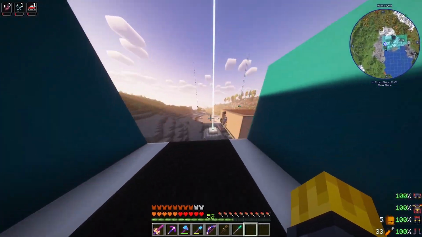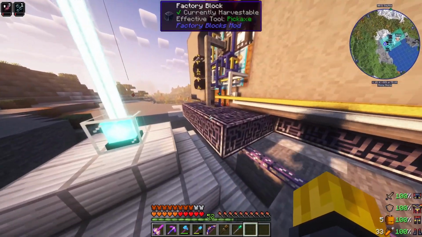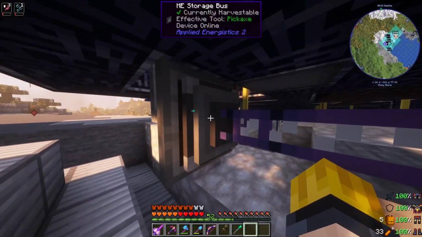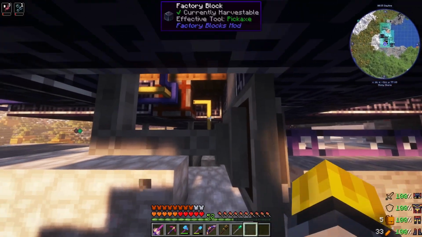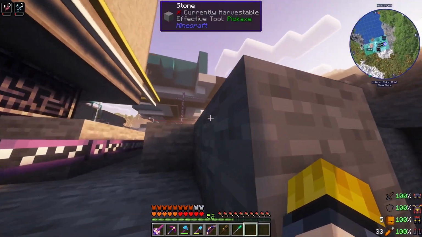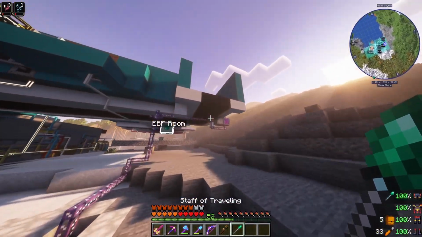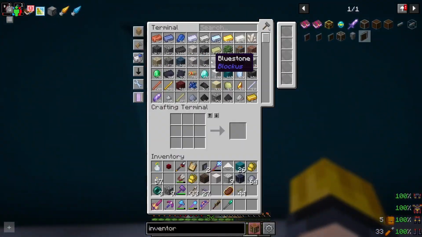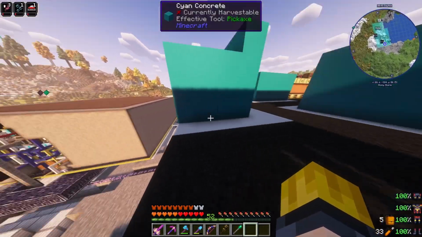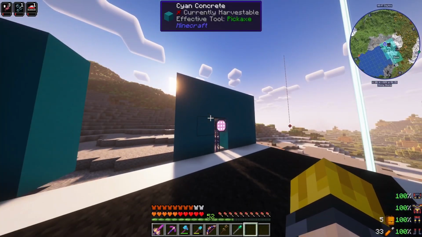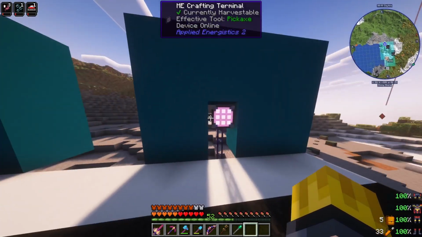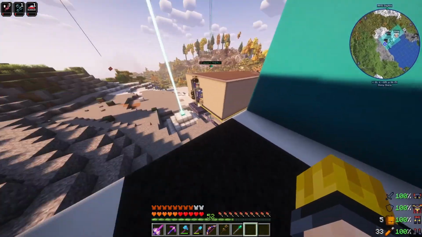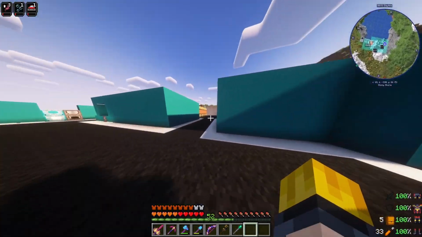So I just discovered this neat little trick over here. I can connect a storage bus up to an inventory cable connector, and that allows me to see my entire Tom's Simple Storage network all in my AE terminal. That's pretty awesome. That made that a lot easier, so I can basically just use that for now as my AE network and not even have to worry about trying to connect it up to all of our